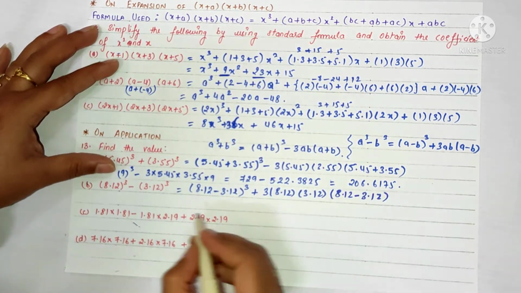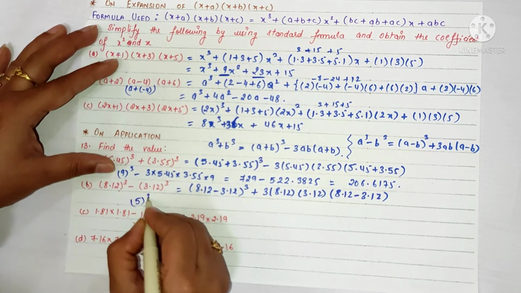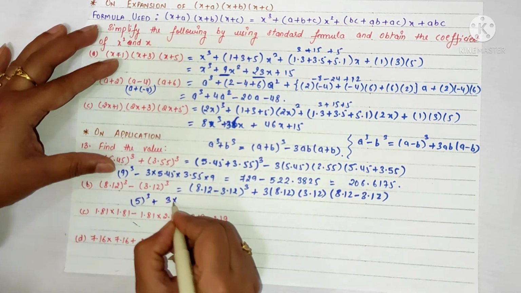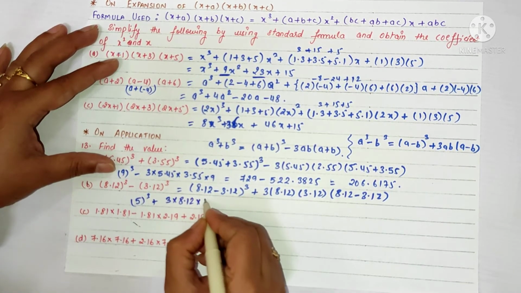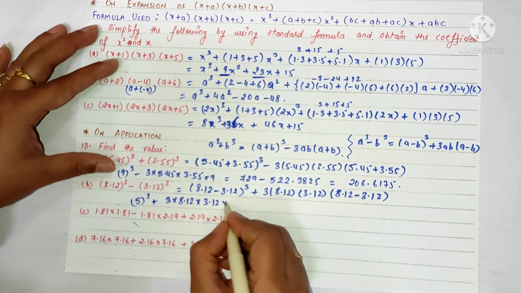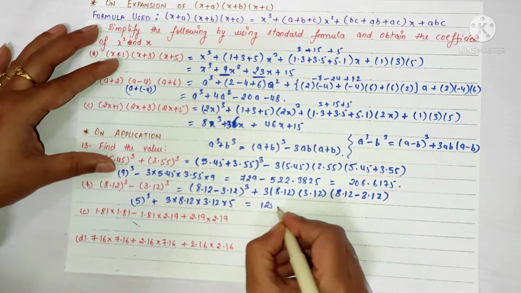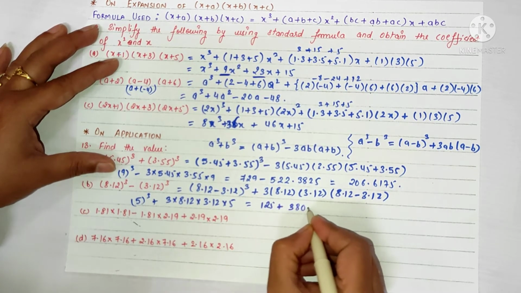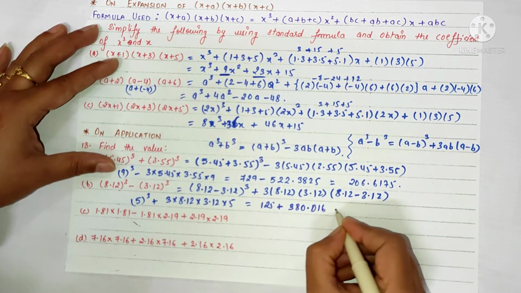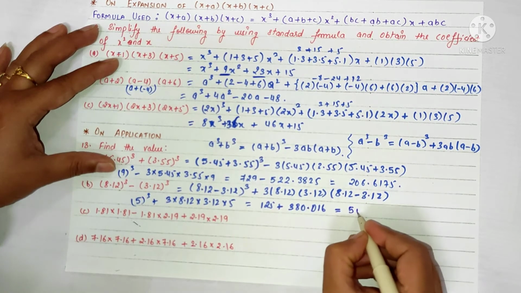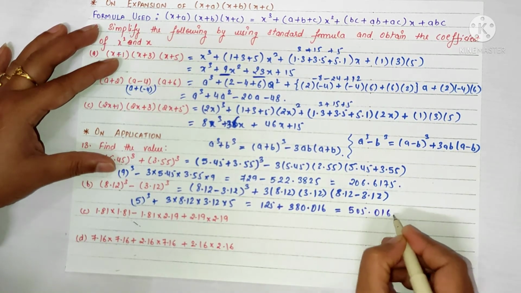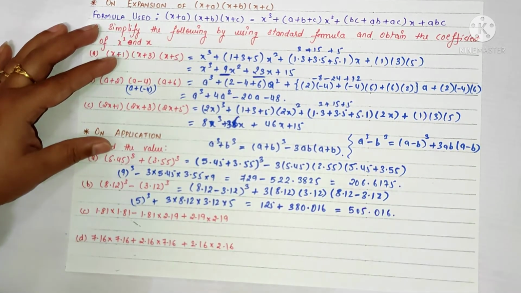And on solving this, we'll get 5 cube plus 3 into 8.12 into 3.12 into 5. And on solving this, we'll get 125 plus 380.016. And on addition, we'll get 505.016 as the answer. Next part is